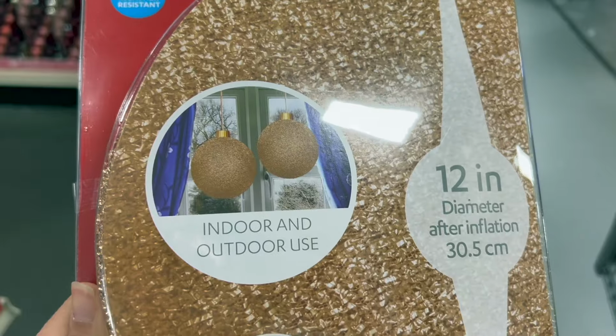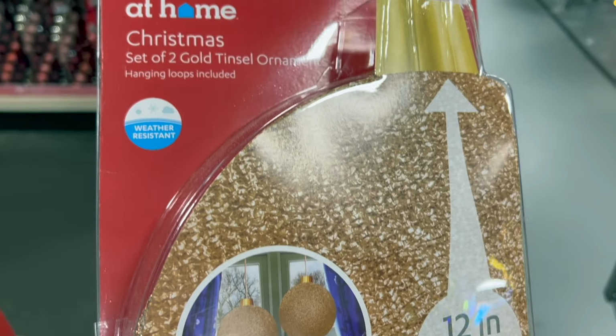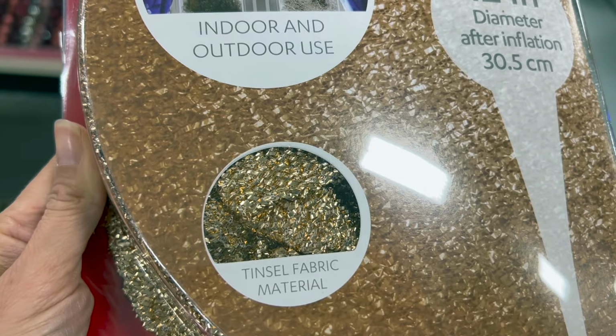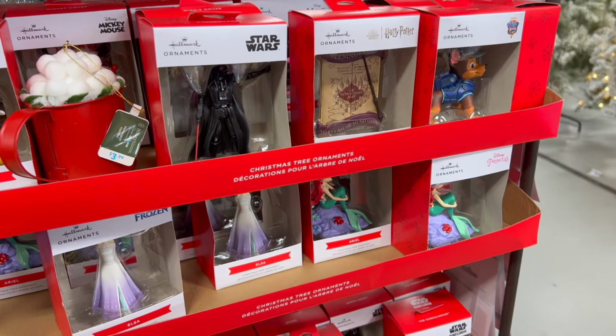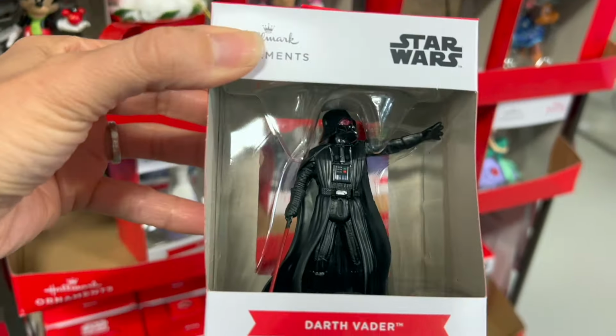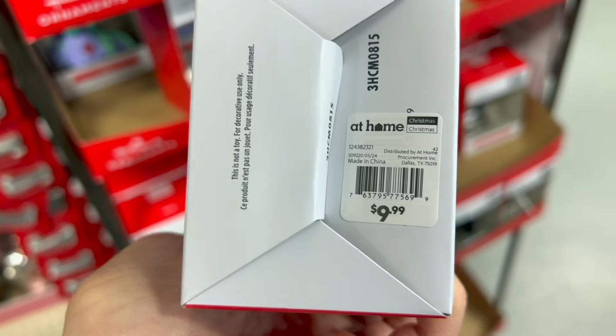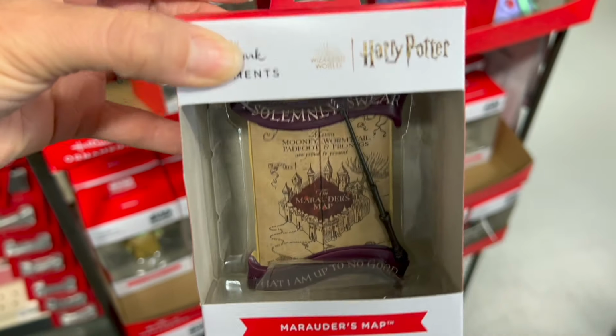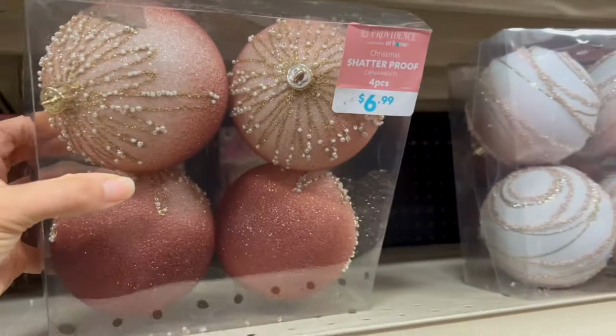This is the first time I've seen something like this. They are these set of two gold tinsel ornaments. They're inflatable, so you blow them up like you would an air balloon, and I could see hanging those from like the roof of my covered porch. Had to show you guys these. They had tons of these Harry Potter and Star Wars ornaments, so of course I picked up one of each